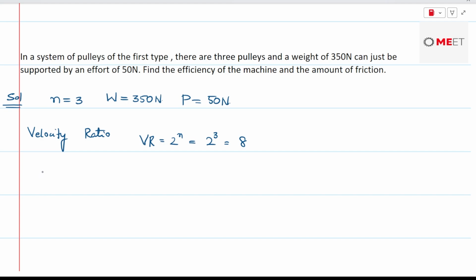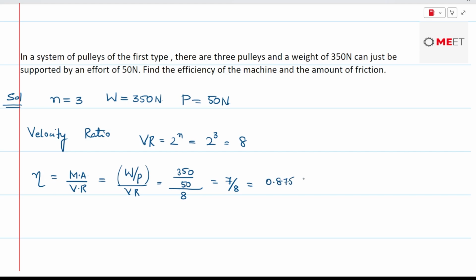And efficiency is given by mechanical advantage divided by velocity ratio. Mechanical advantage is W by P, whole divided by velocity ratio. So W is 350 divided by P, which is 50, divided by 8. This would be 7 by 8, which is approximately 0.875